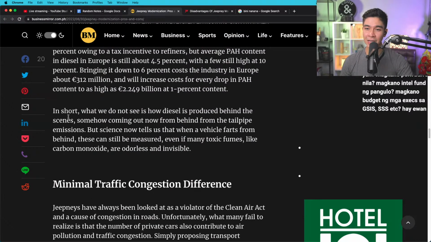In short, dito na lang tayo sa in short. We do not see how diesel is produced behind the scenes. Someone coming out now from the tailpipe emissions, but science now tells us that when a vehicle farts from behind, these can still be measured even if many toxic fumes like carbon monoxide are only... Okay, so basically ang sinasabi dito,